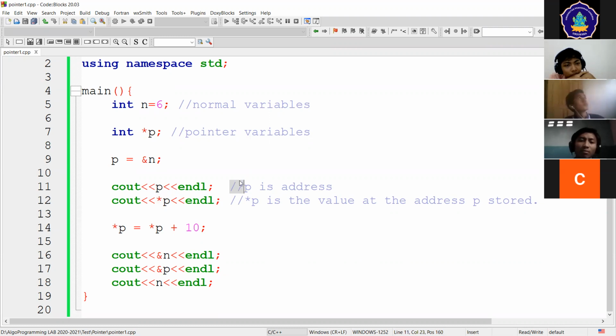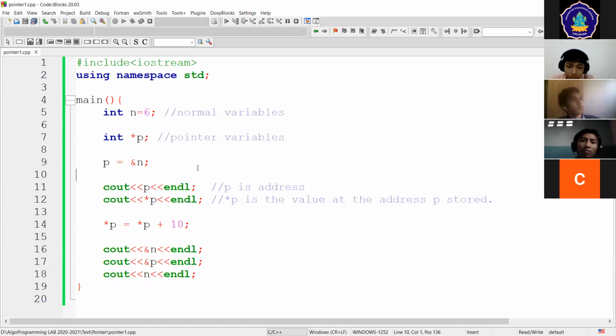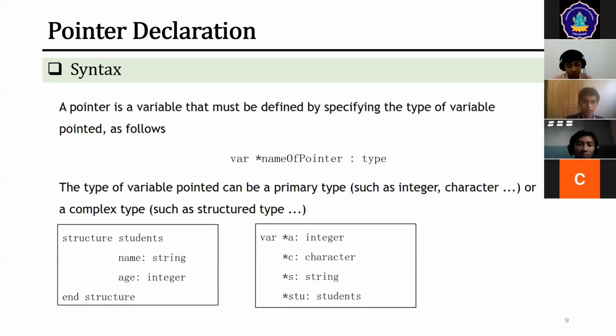Okay, I think I will jump back to the slide if you don't have any questions. Just a way we write some certain algorithm. Pointer is a